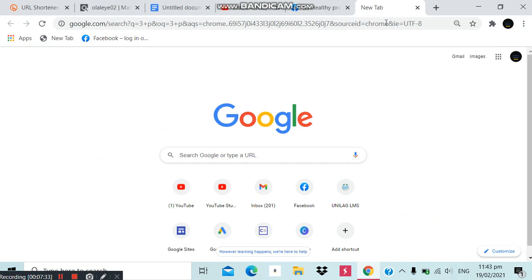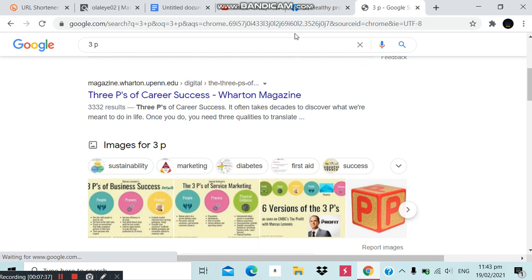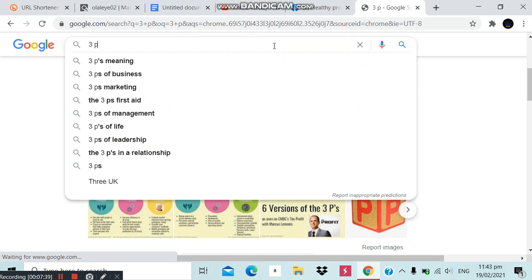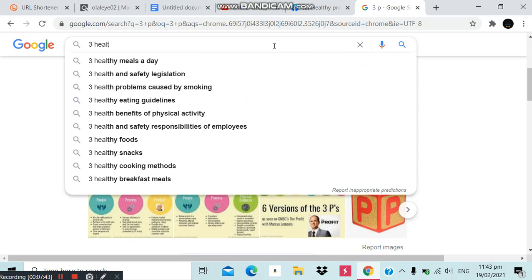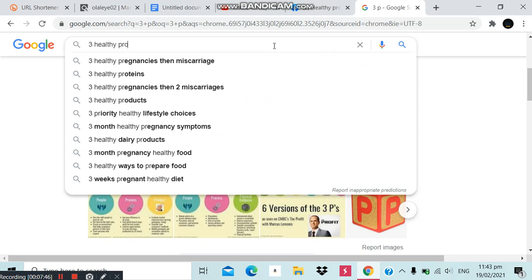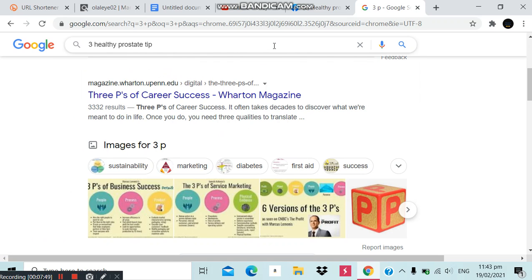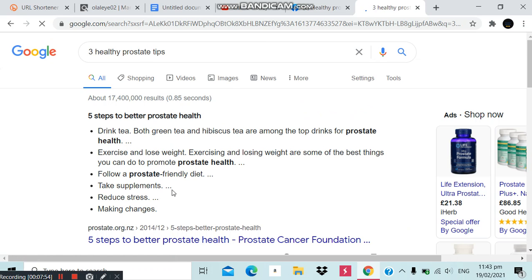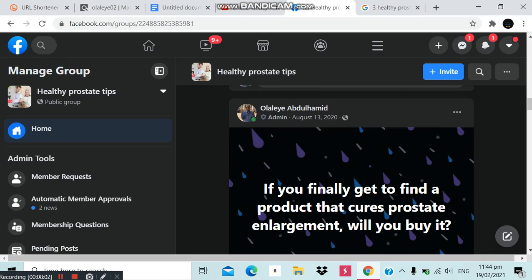three healthy prostate tips. You can Google it. Then you can just copy all of this